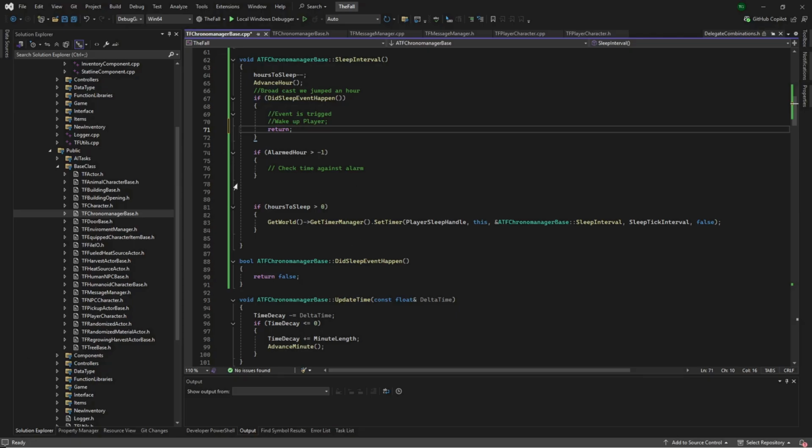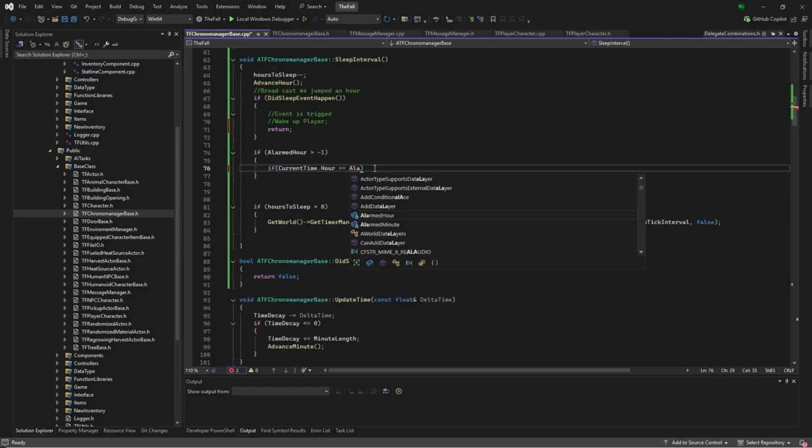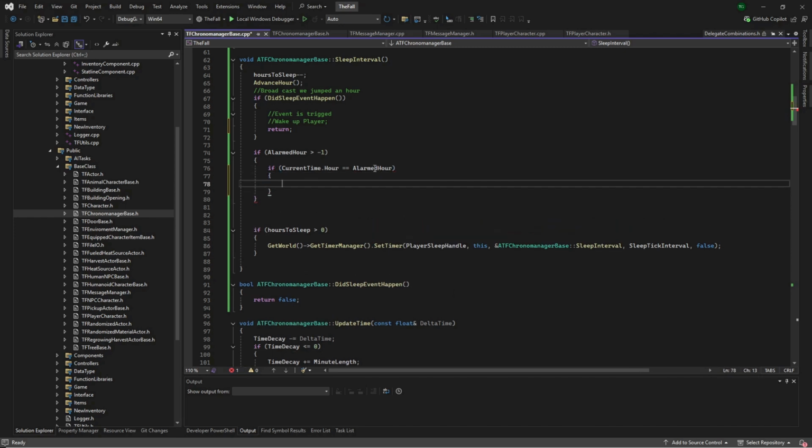Well, how are we going to handle the alarm? So with the alarm, we're going to go if current time dot hour is equal to the alarmed hour. So basically we're saying, okay, is it the hour we're meant to be getting up? That's great. The next condition we need is if absolute, so ABS, current time dot minute